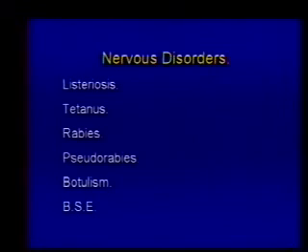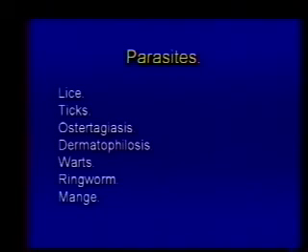Nervous disorders: listeriosis, which is a differential to tetanus, Clostridium tetani, as a result of metritis or related from a calving trauma, rabies, pseudorabies or Aujeszky's disease, botulism, bovine spongiform encephalopathy, and perhaps even anthrax would be some disorders that are important. Parasites: lice, ticks, psoroptic mange, dermatophilus, warts, ringworm, and mange are conditions, disorders that you need to